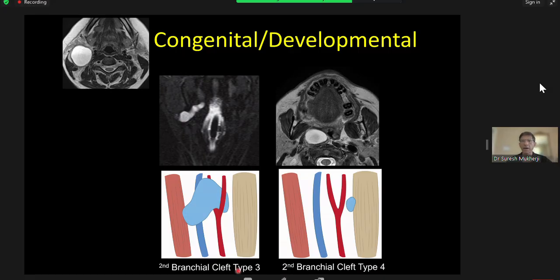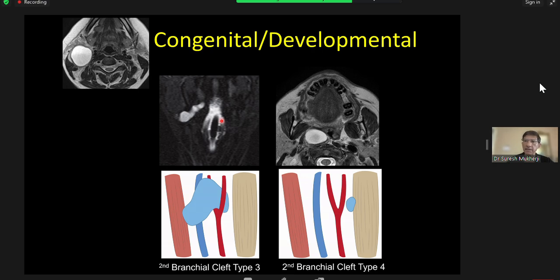And the reason why I specifically mention this is that when I was a resident in Boston Children's Hospital, I was always taught that branchial cleft cysts involving the tonsil were always these little fistulas. But then when I went to my neuroradiology rotation, I was always taught that this was a second branchial cleft cyst. So it was kind of confusing to me. But when I went back and I read the original paper by Bailey, who described this, I think in 1914, I believe was the paper, these different types of branchial cleft cysts have different manifestations on imaging,